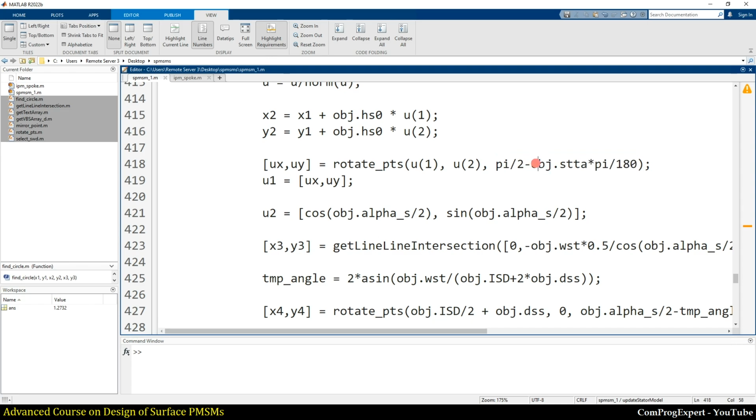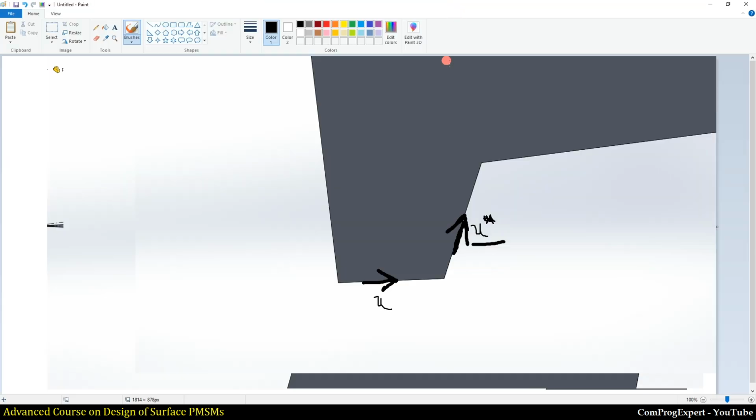Because this is in degrees, we need to multiply it by pi divided by 180. So when we rotate u equal to 90 degrees counterclockwise, then we should rotate it equal to two-step angle clockwise to have this unit vector.